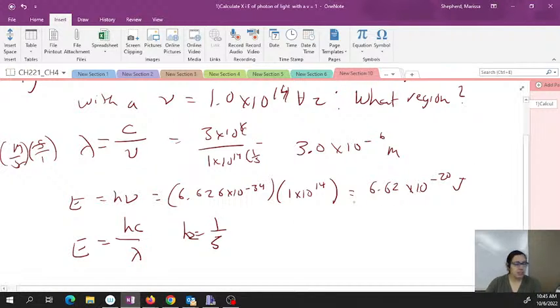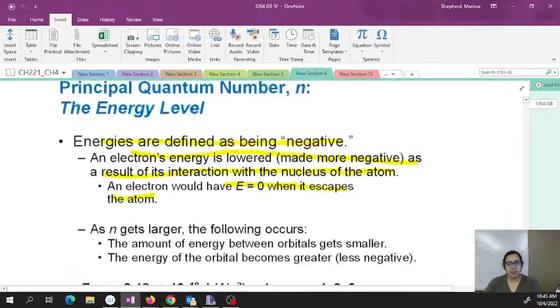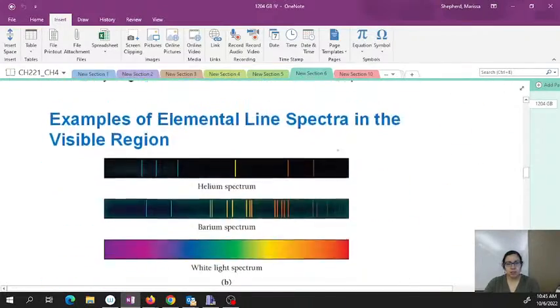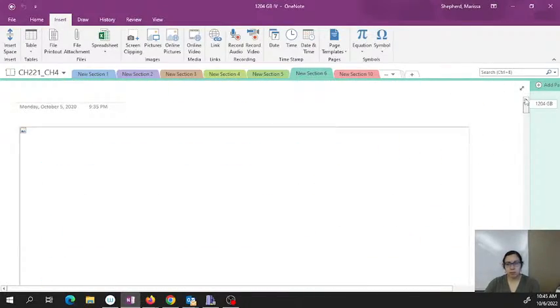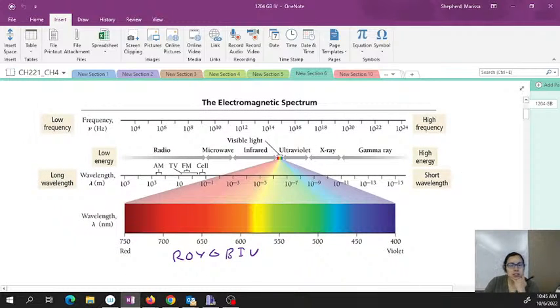Any other questions on this problem? Then it asks what region. So now we need to find my electromagnetic spectrum, if I could find where it was. We could either judge by the frequency, since they give us a frequency, or by the wavelength we calculated. Let's try to find it by wavelength. So 10 to the negative 6 roughly, or 10 to the 14 hertz. Where do you think this lies? Infrared.